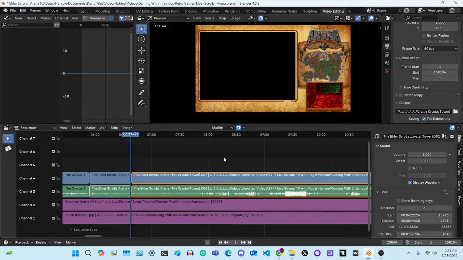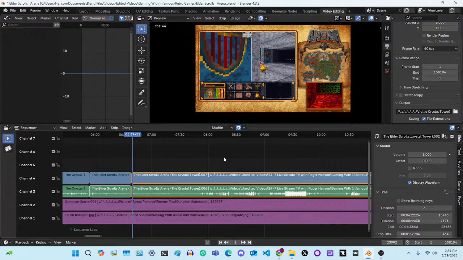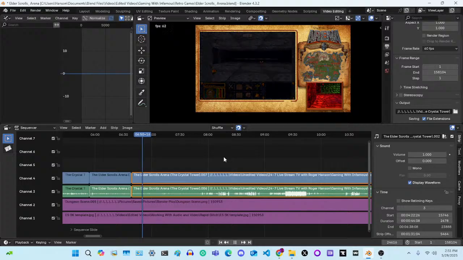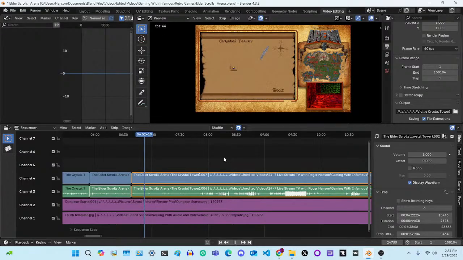The fifth piece of the Chaos staff. That is right. This is the Crystal Tower,